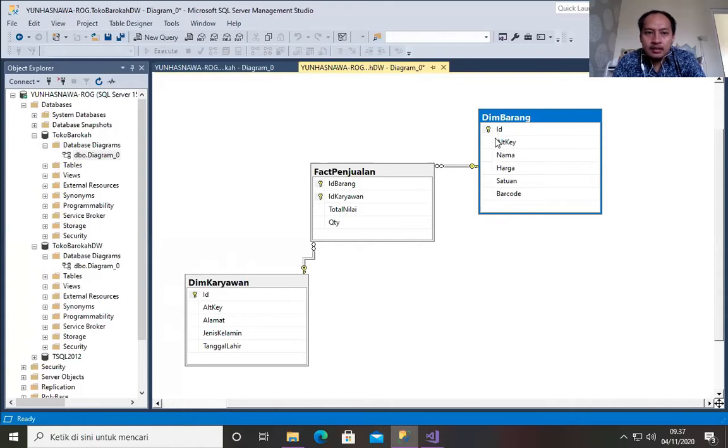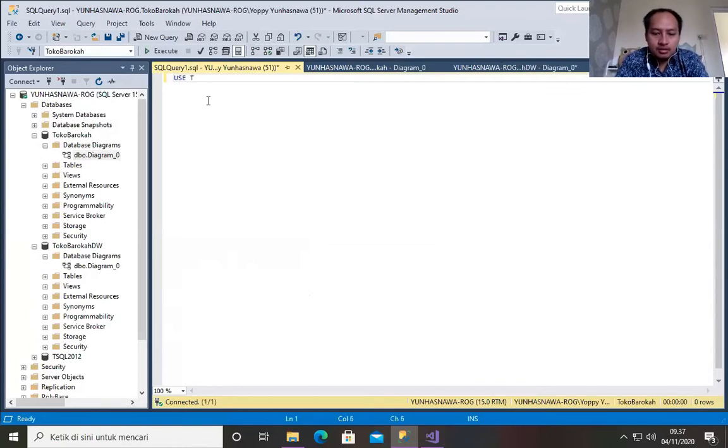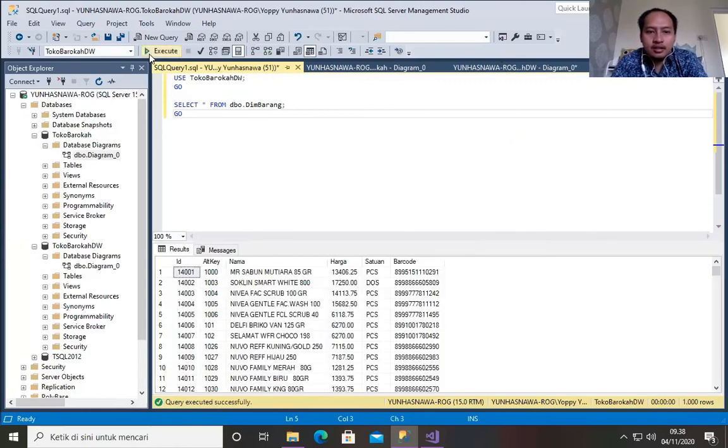But when I check the contents of my dim barang, oh crap, I already have 1,000 rows existing in this table. So when I run the package, it will import 1,000 more rows into this table, the same data, the redundant data.